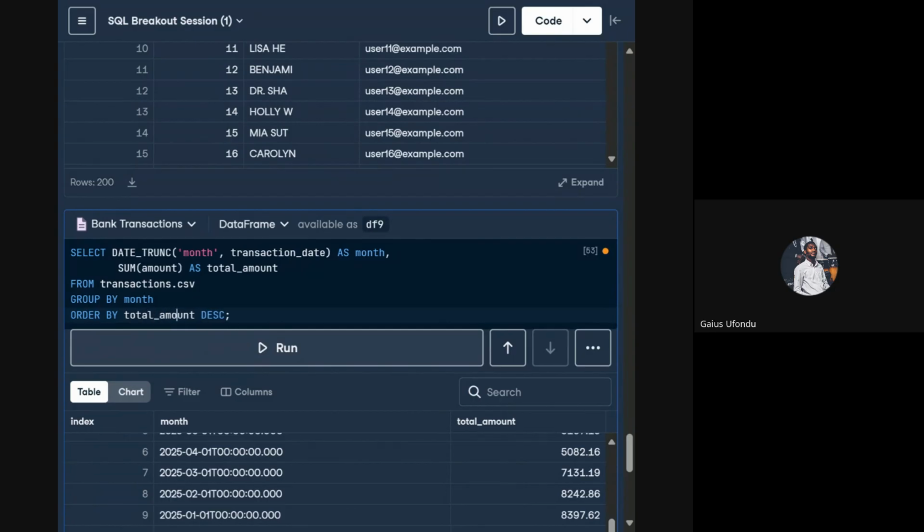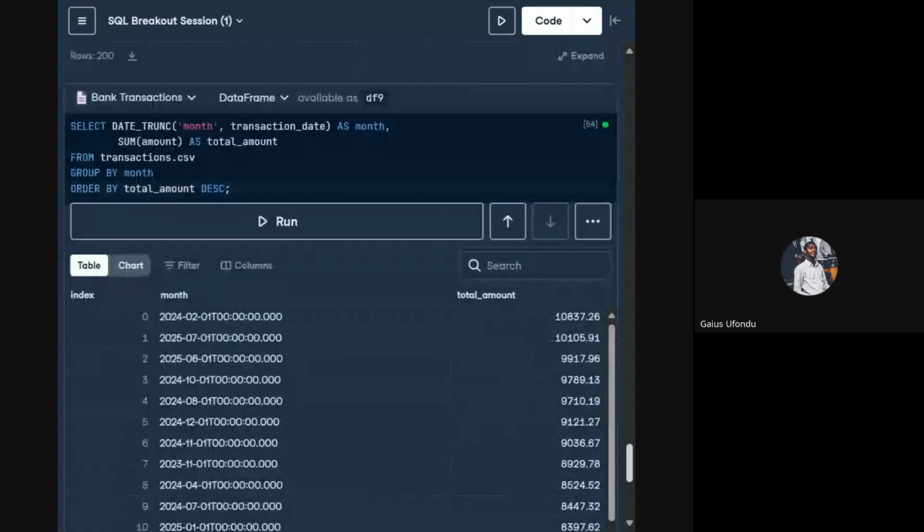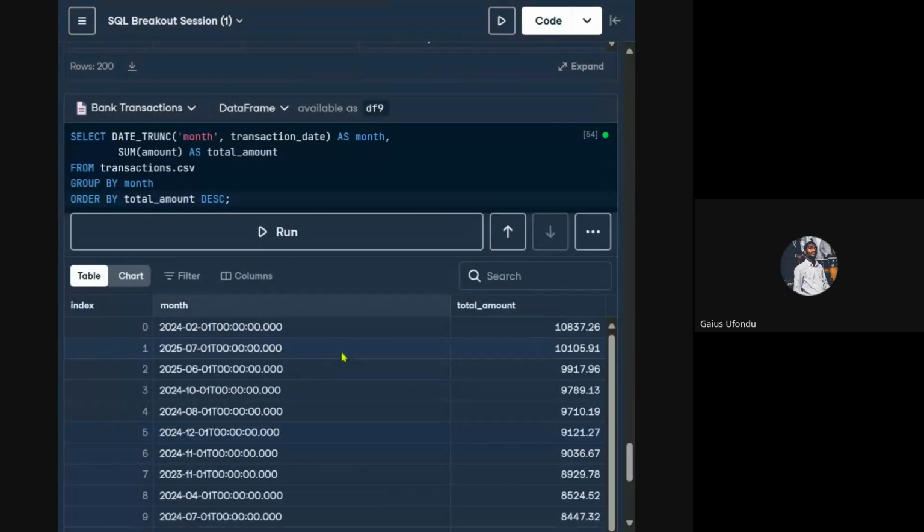Order by total amount descending. So this question answers the month with the highest transaction, right or wrong? Right. So you can see that February of 2024 had the highest transaction, 10,000 naira or $10,000. The next is